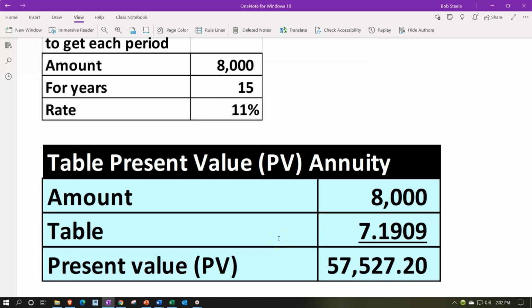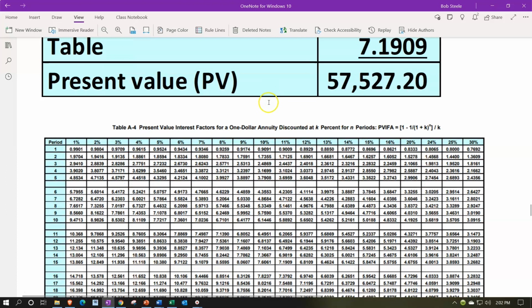Then we can also do this with the use of the tables, making sure that we're picking up the proper table, this time the annuity table, as opposed to the present value of 1. So we have our 8,000. Now we would expect this number down here not to be less than 1, but greater than 1 from the table. And we're looking for the 15 and 11%. Let's go to the table time. Table time, annuity time, 11%, 15 periods. That's going to be the